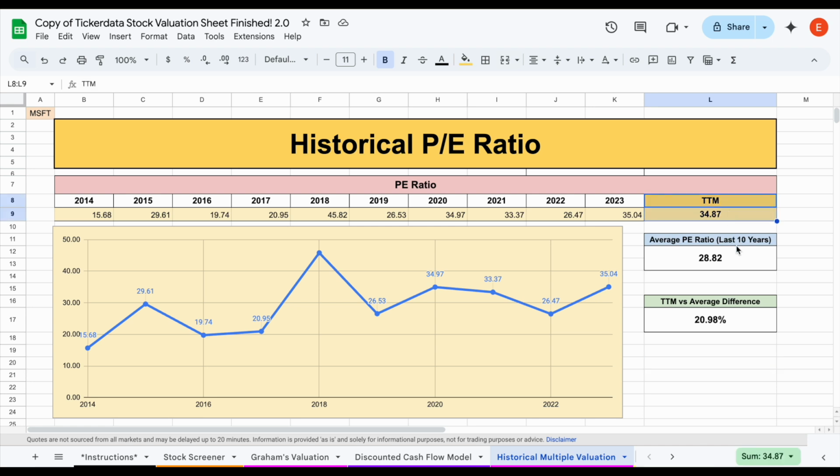One of the things we may come to the conclusion is that we think this company is going to actually see not multiple expansion, but multiple contraction. So what this means is eventually investors are going to be willing to pay less for each dollar of earnings that the company produces. So let's just assume it's going to revert back to the average PE ratio that we've seen over the last 10 years. That would mean the PE ratio is going to come down by about 20 to 21%. That's pretty significant.